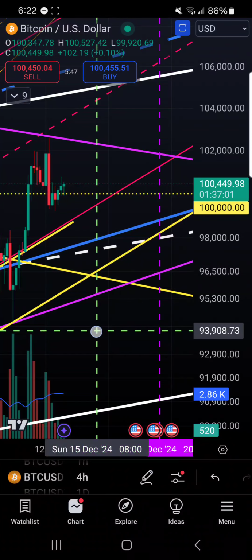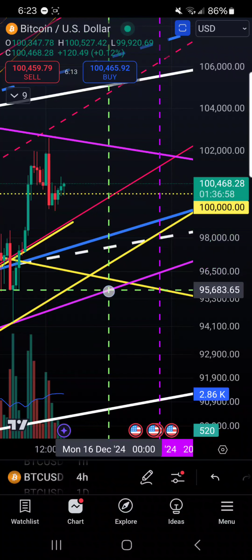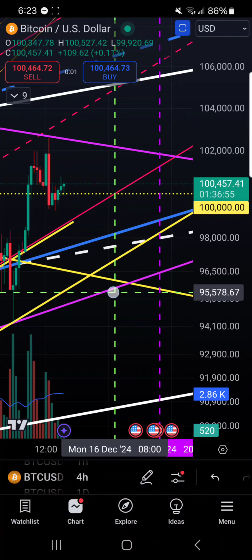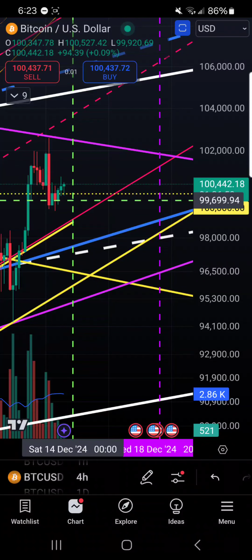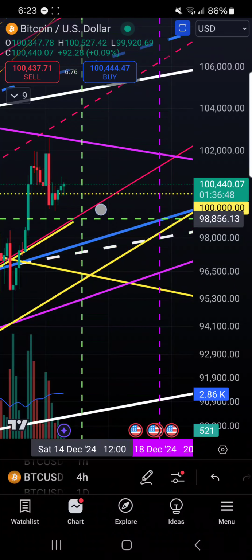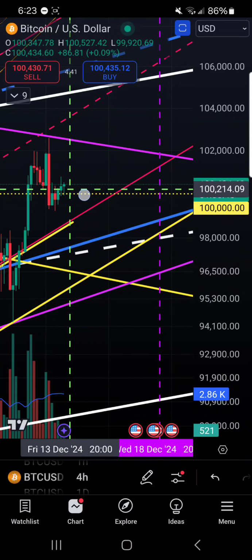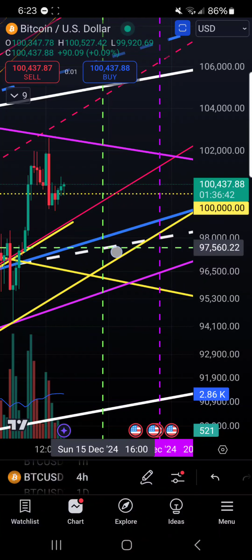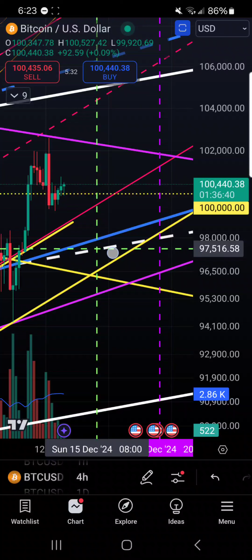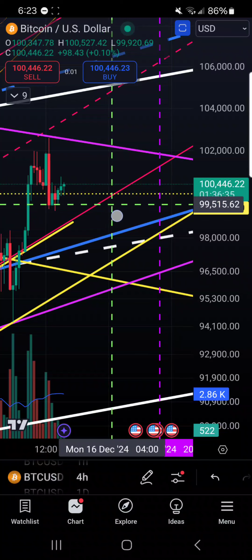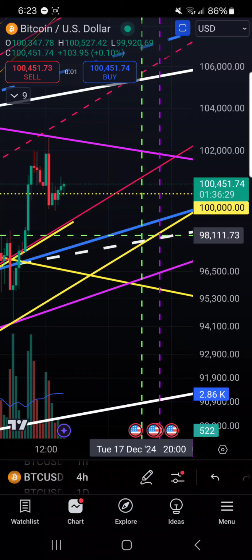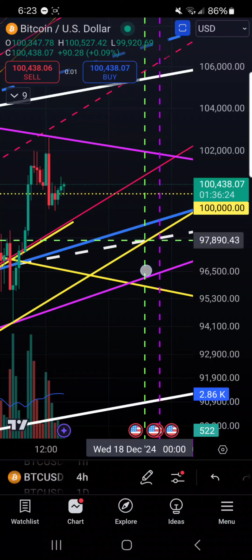So perhaps then that's telling me we don't necessarily need to come all the way down to the fuchsia colored line. And I'm not saying that we even have to come down here. There's another scenario, but it wouldn't be out of the question if we did come back down, maybe even to the white line over the weekend, or maybe we just kind of head sideways over the weekend down to the intersection of the white dashed line and the yellow line here at